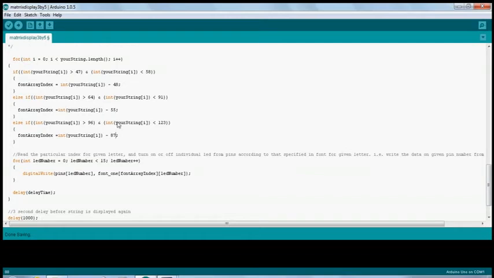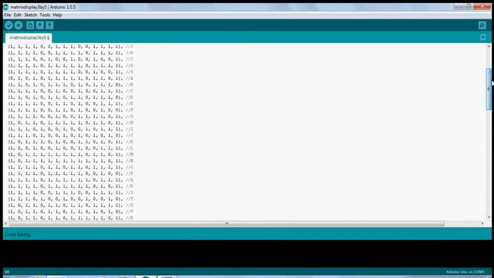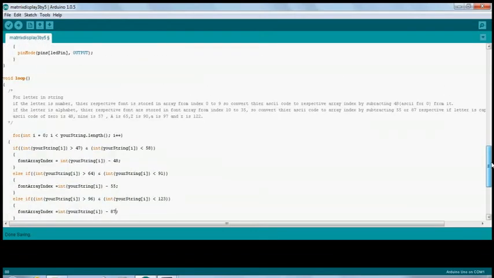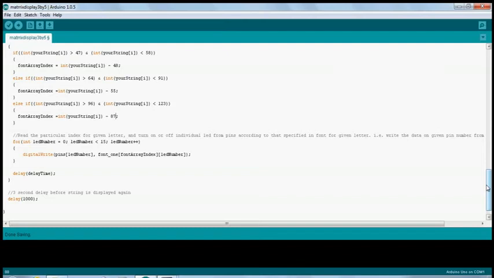After doing this, we will get the value of the corresponding character or number in this font array index. Then by using that font array index and the LED number, which is each individual bit, and each is an LED number connected to the 3 by 5 LED matrix, these LED numbers and this font array index combined will give us the entire value of all 15 LEDs at one shot.